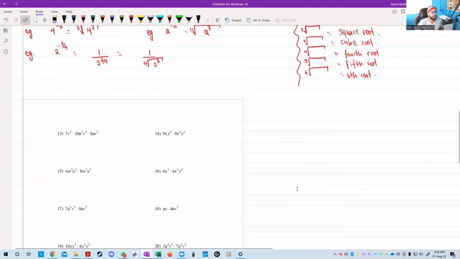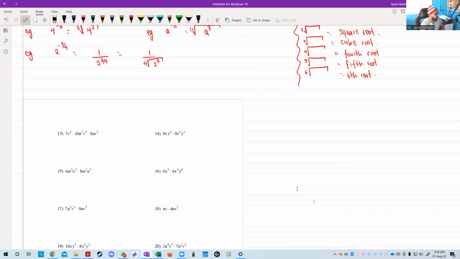Now, a little tip I'll give you guys here. Whenever you see a law, use it. Now, in all of the laws we did above,